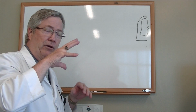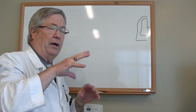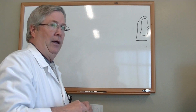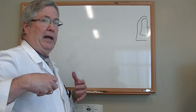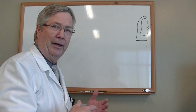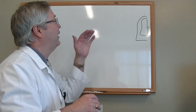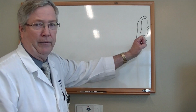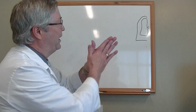The lung has an intrinsic spring to it that springs shut. So when you inhale, you use your muscles to inhale, but when you exhale, you just relax, and the air just goes out spontaneously. That's because of this intrinsic recoil of the lung that wants to collapse. So as soon as you break that seal,